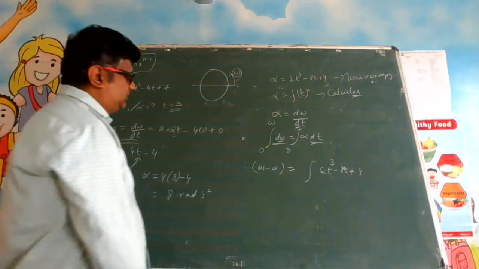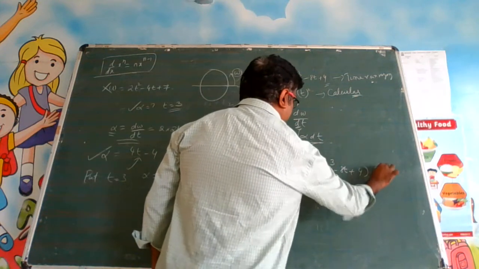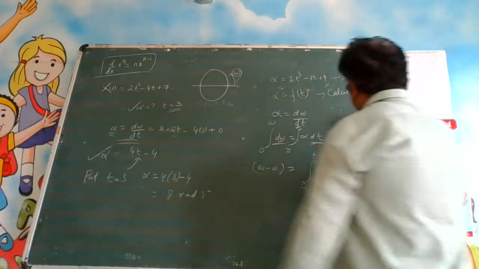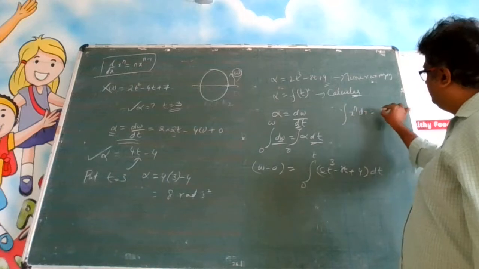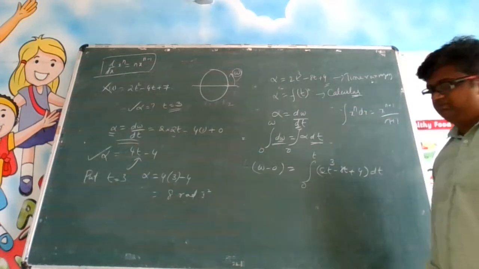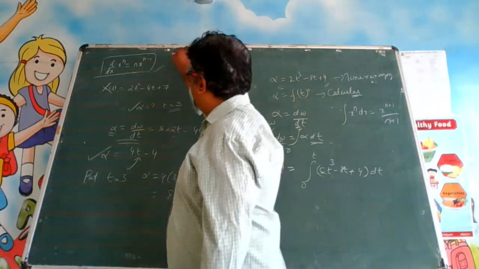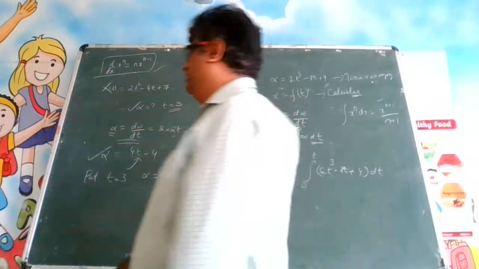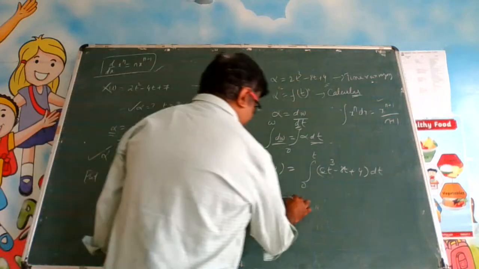So just calculate this from 0 to t and you have to integrate it. Again I am putting the integration formula here. In the last class also I told, integration of x power n dx is equal to x power n plus 1 by n plus 1. Most of the times in physics you are going to use either this formula or this formula. Most of the times. I am not saying all the times, but most of the times. So remember that formula very well and put it over here.